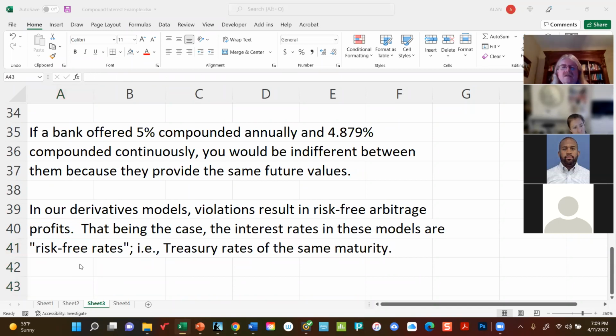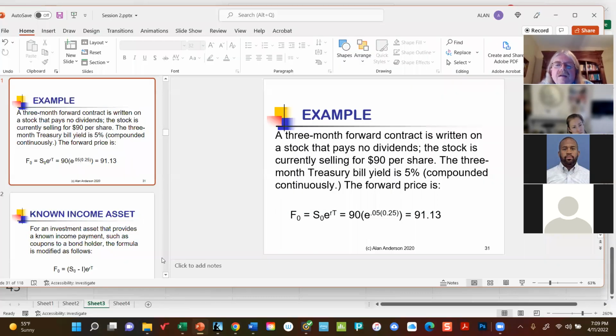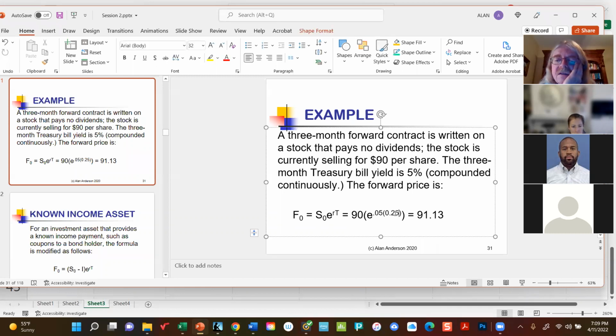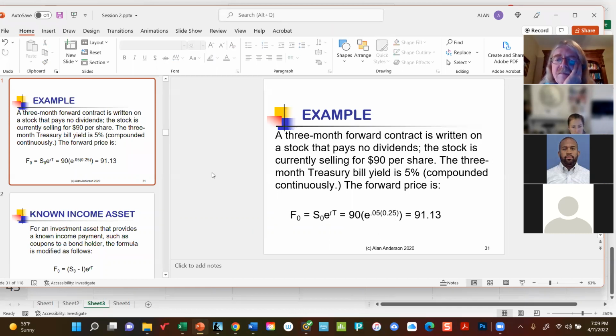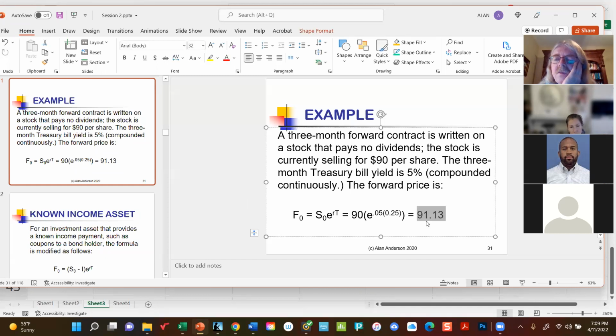So for example, in this case that we're about to look at, suppose you were told that the price of the stock is 90. It's a 3-month contract, okay, 90 days. So the R would be the 90-day treasury bill yield, which we're assuming is 5% compounded continuously. Since it's a 3-month contract, or a quarter of a year, if I wanted to take delivery of the stock in 3 months, I would expect to pay $91.13 at that